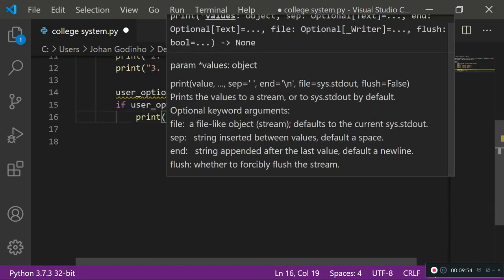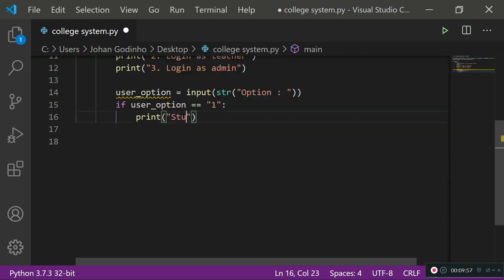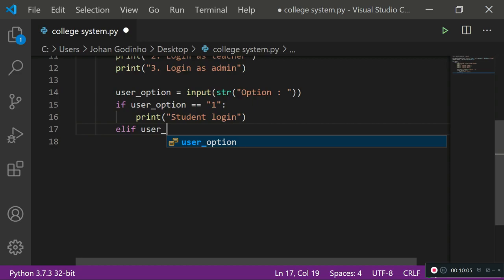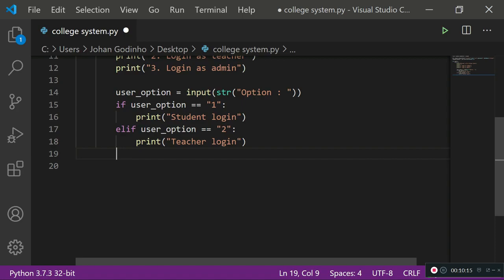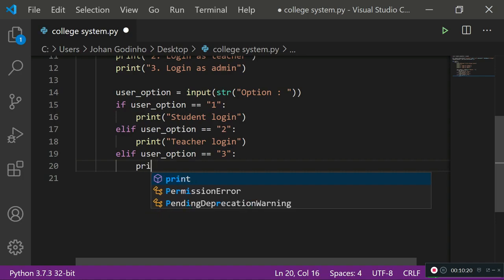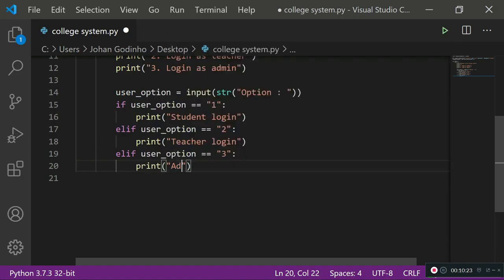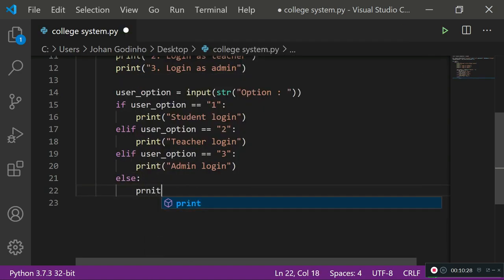Okay, let's just scroll down a bit here. That means they want to do a student login. So I'm just going to type student login over here. Now I'm going to also do an elif. So elif user option equals 2. That means the user wants to do a teacher-based login. So teacher login. And we need to do elif user option equals 3. That means they want to do an admin login. Now I'm going to print admin login here just so that we can see how this works. And then lastly I'm going to do else, print no valid